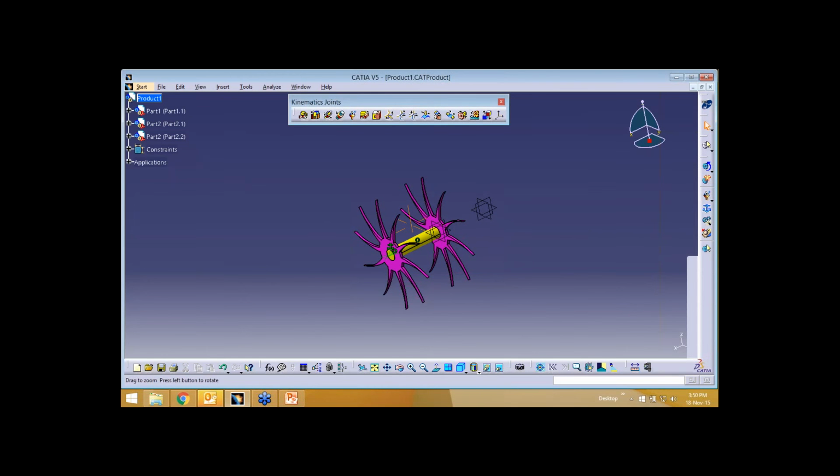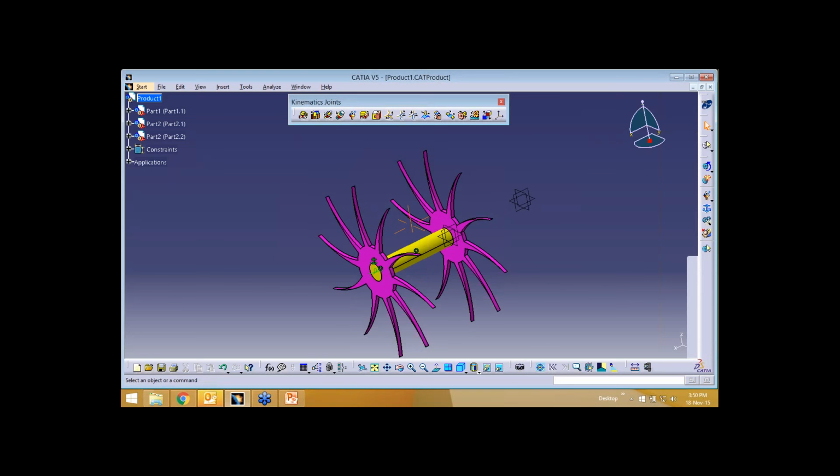So a rigid joint is like a combination of two different parts. You are going to link part one to part two. When you apply part one with some type of coincidence, that will be carried with part two. When this wheel rotates, automatically the part two wheel also rotates.